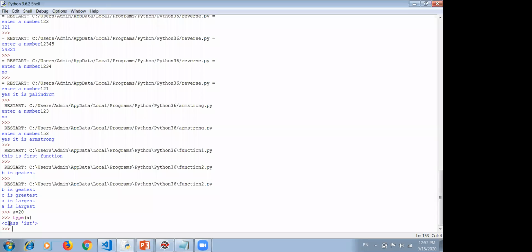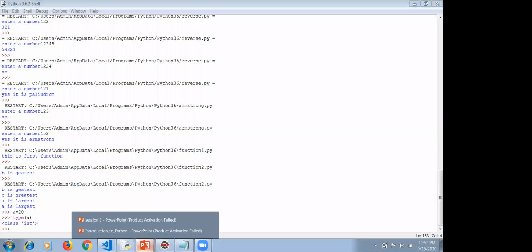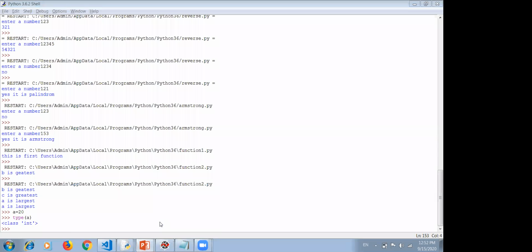So the term class is related to object-oriented programming. We can say that Python is purely object-oriented. Everything in Python is in the form of classes and objects. So now, first I will give you some basic idea about what is a class and what is an object.